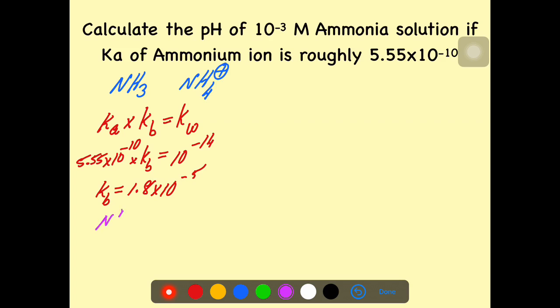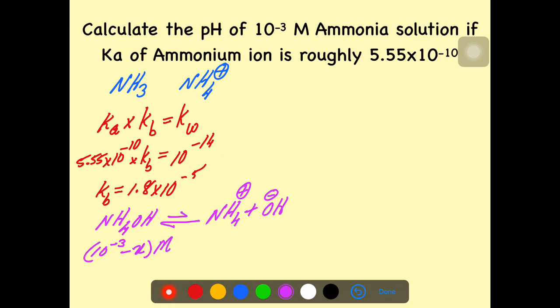Now let's write down the dissociation reaction of ammonium hydroxide. Reversible arrow with forward arrow shorter than the back arrow. It forms ammonium ions and hydroxide ions. Now the concentration of ammonium hydroxide is 10 raised to minus 3. However, if X moles per dm cube dissociates to form ammonium ions and hydroxide ions, then its undissociated concentration will be 10 raised to minus 3 minus X. The concentration of ammonium ions is X moles per dm cube and hydroxide ions is also X moles per dm